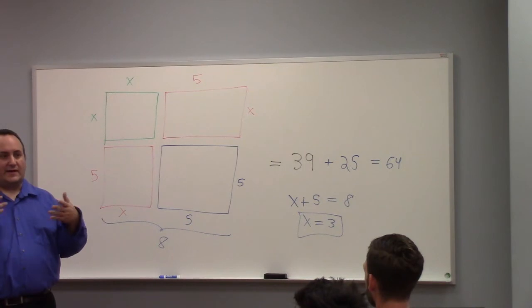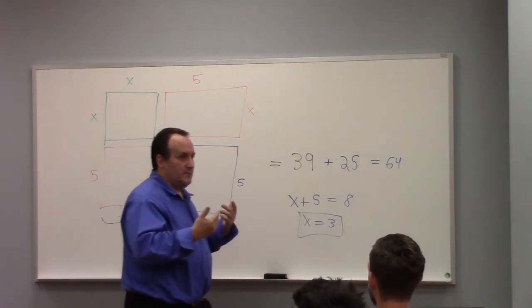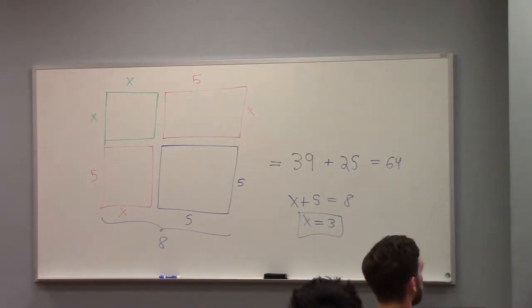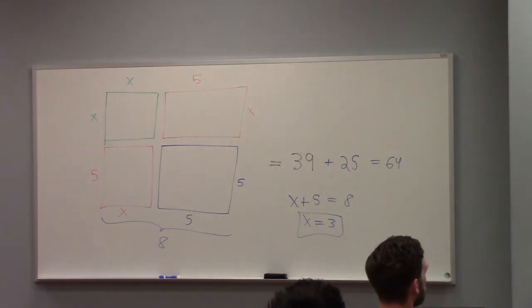Okay, so with that in mind, if you think about x cubed, what would that be? What would x cubed be? If x squared is an area, what would x cubed be? It would be like a volume, right? So what would you think about x to the fourth?